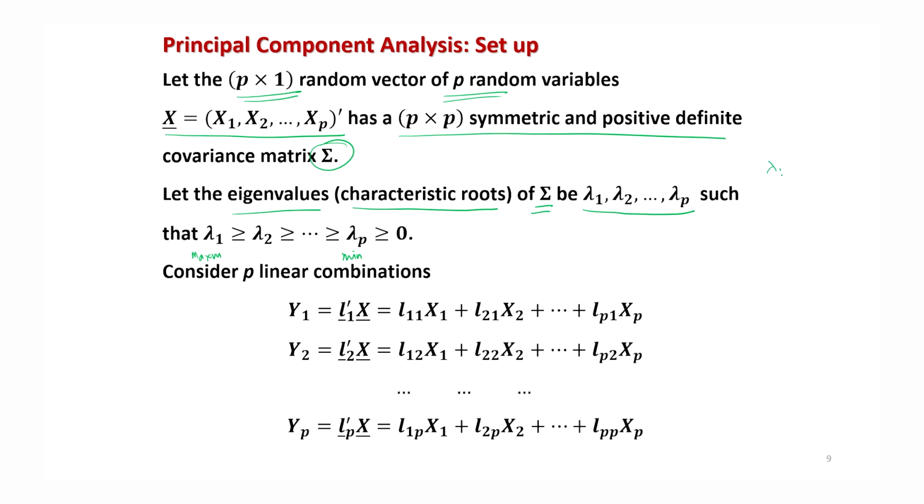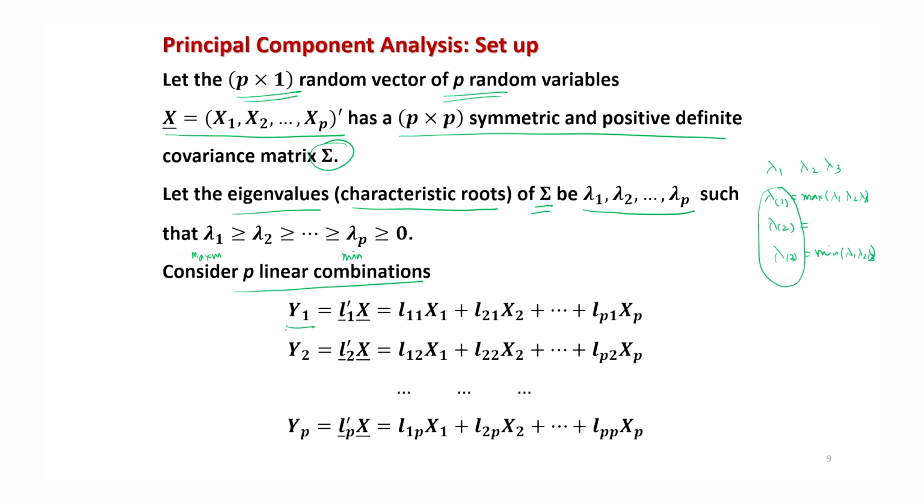So that we are assuming. Otherwise, you would obtain lambda 1, lambda 2, lambda 3, then make lambda bracket 1 the maximum value, lambda bracket 2 the second largest, and lambda bracket 3 the minimum value. But to make the explanation simpler, instead of using this order statistics notation, I am simply using lambda 1, lambda 2, ..., lambda p, right? So now we consider p linear combinations of x1, x2, ..., xp.